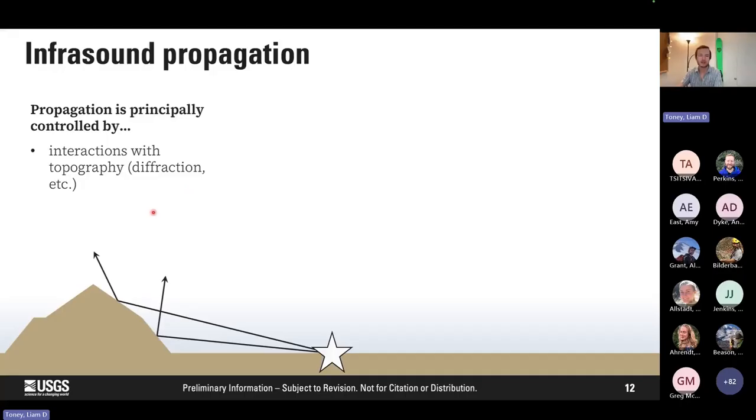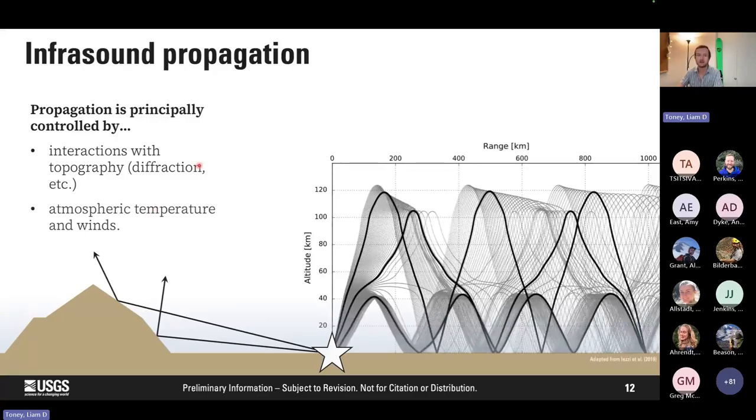The other thing that infrasound is very sensitive to is atmospheric structure. This is more important when we're looking at regional infrasound, so infrasound that's traveling more than 50 kilometers, say, in the atmosphere. What happens basically is that infrasound travels up in the atmosphere, and atmospheric temperature and winds modify the sound speed. As things get hotter in the atmosphere, the sound speed increases, and the same with the winds. The winds can increase the effective sound speed depending on the direction of the winds. And when that sound speed gets larger than the sound speed at the surface of the Earth, your waves will bend back towards